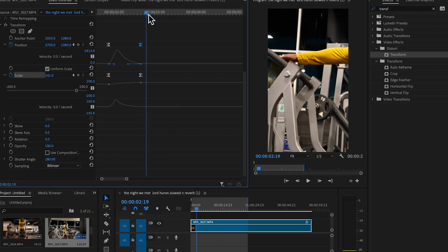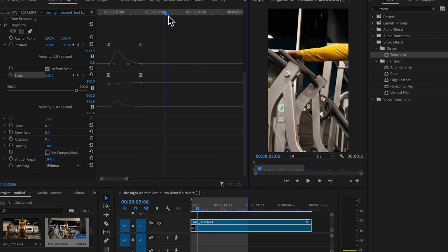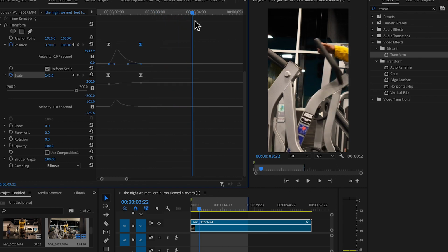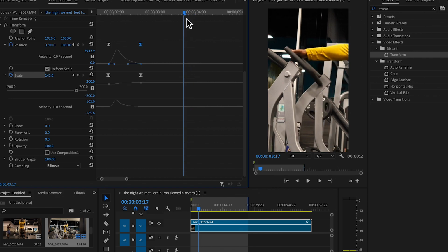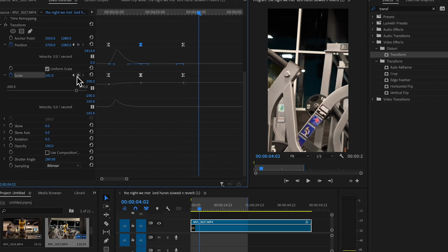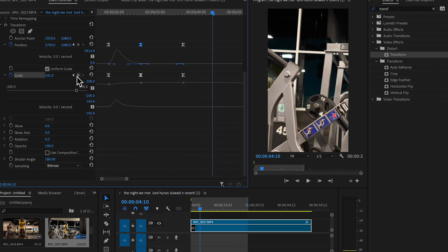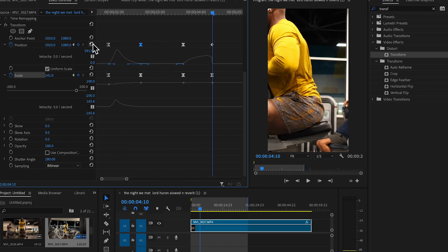From here, I'm going to get to the point where I notice that I'm going to row the weight backwards, which is right about here. So I'm going to create another keyframe and move forward in my timeline to where the weight is actually all the way back and my muscle is contracted. And I'm going to add another keyframe at this point and revert this back to the original position and